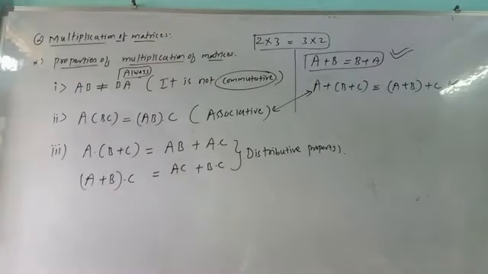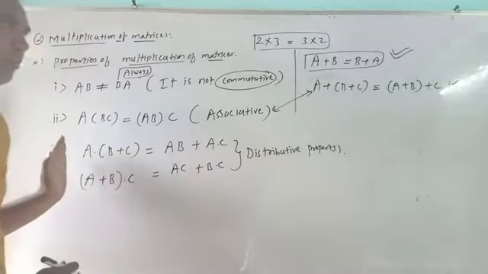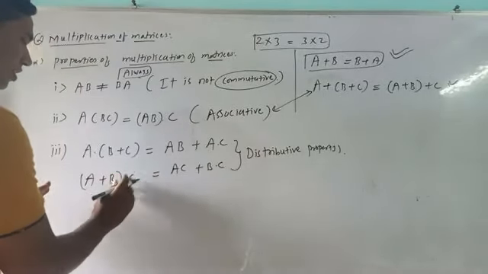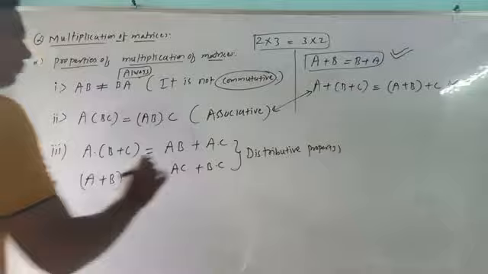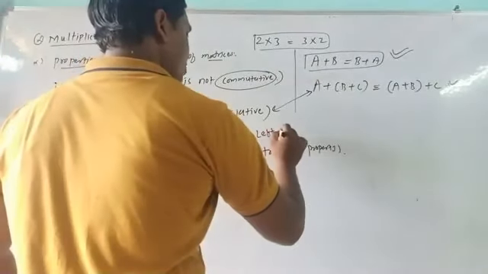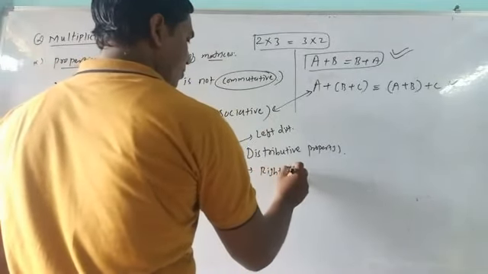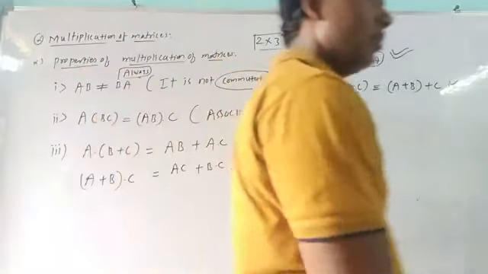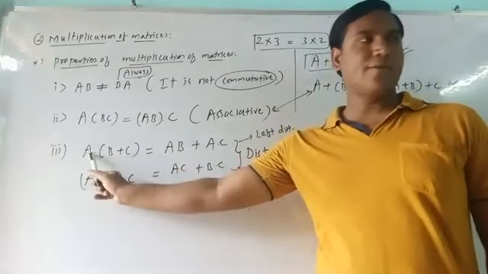In that one again two terms are there. If you distribute A to the left, it is said to be the left distributive law. And if we distribute to the right side, it is said to be the right distributive law. Okay, is that clear? All three properties are very clear, very simple. We distribute A from the left of that one. So because of that, it is said